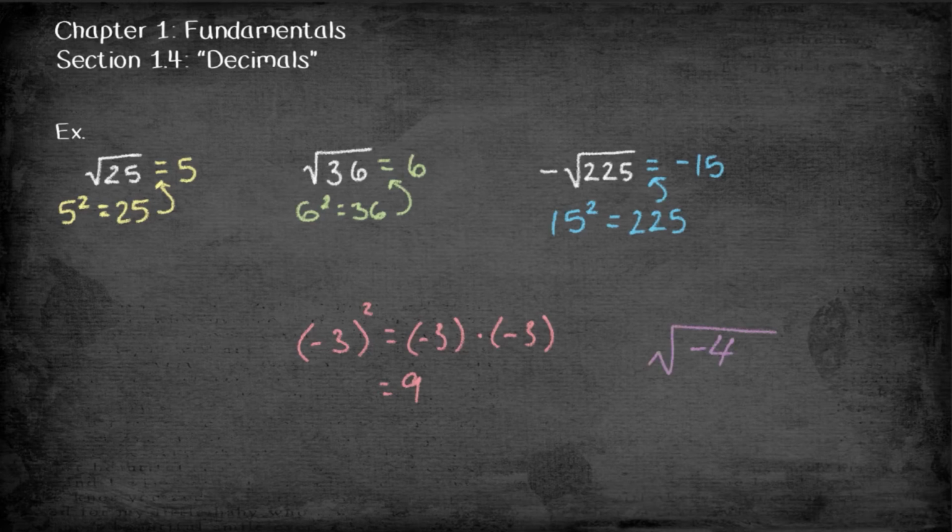So if I was trying to figure out the square root of something like negative 4, after some thinking, I would quickly figure out that it's not possible to figure out the square root of negative 4 because the only numbers I know that multiply with themselves to give something like negative 4 is 2 squared and negative 2 squared. But both of those only give me positive 4. So as of yet, the square root of negative 4 is undefined for